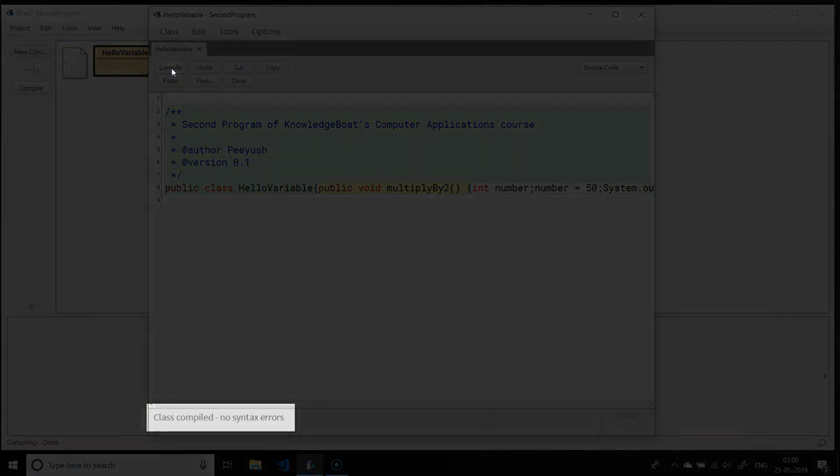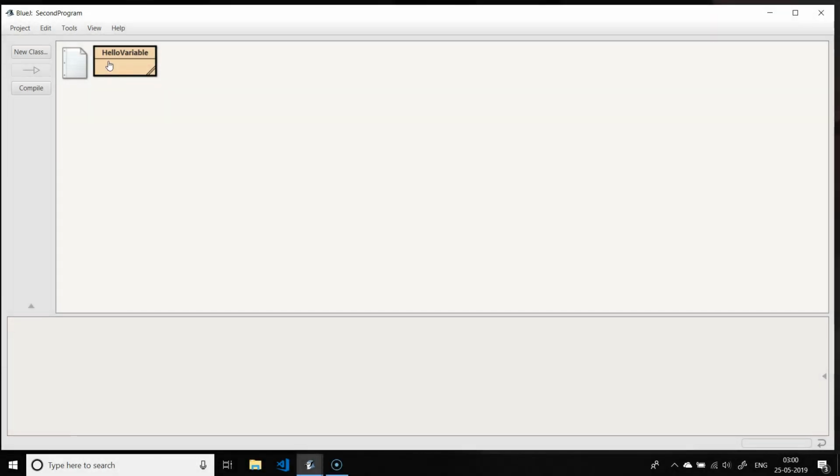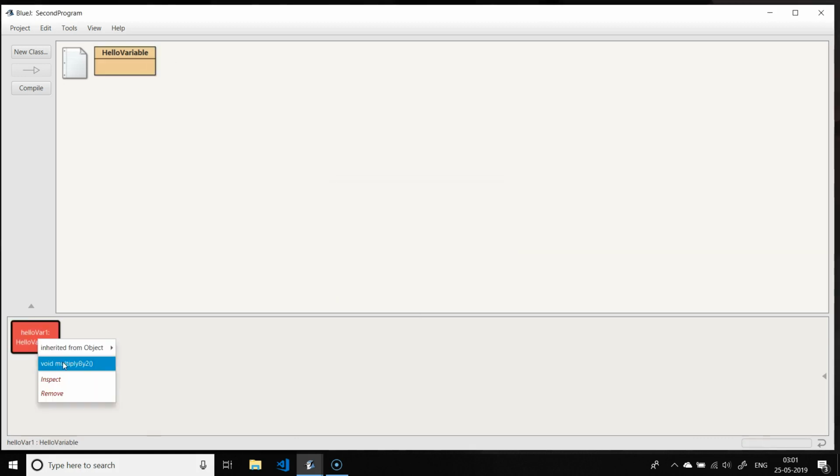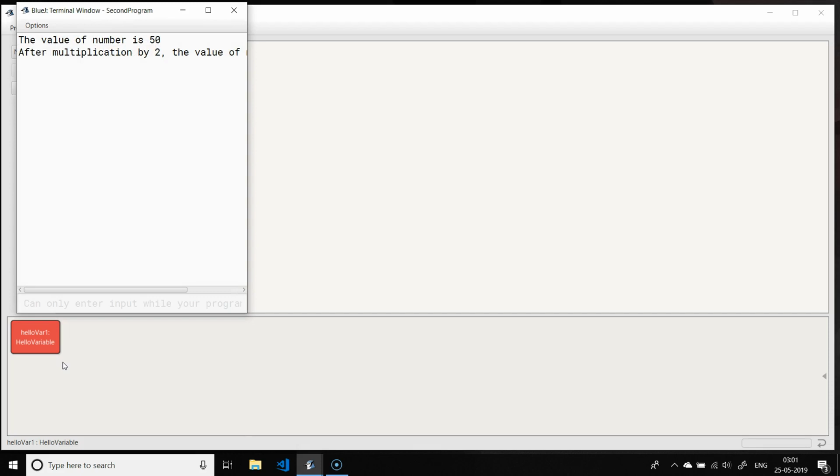It compiles without any errors. Let's execute it now. It successfully executes.